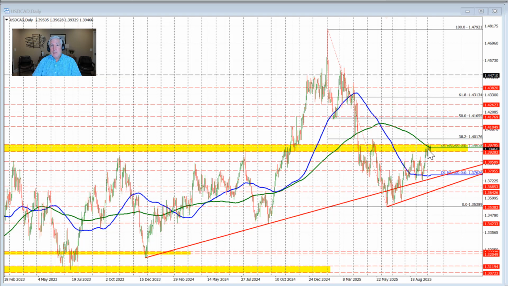The dollar versus Canada continues its waffle up and down in a swing area. I'll talk about the technicals that are driving this currency pair in this video, so let's get started. Looking at the daily chart in the month of October, you're seeing this up and down price action in a